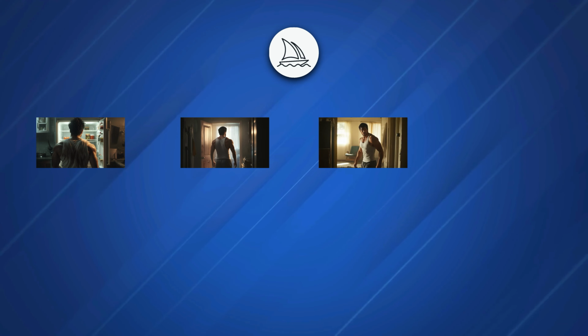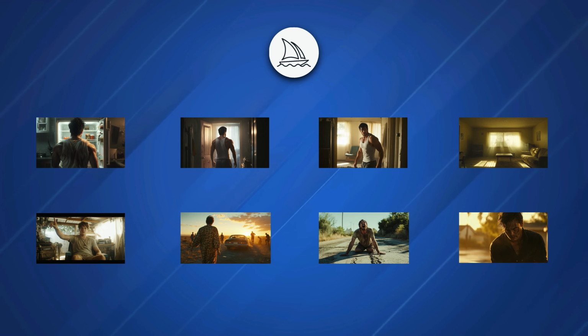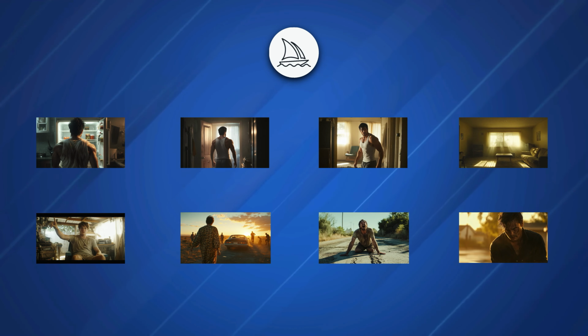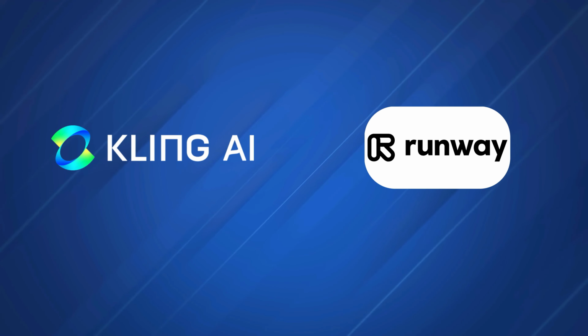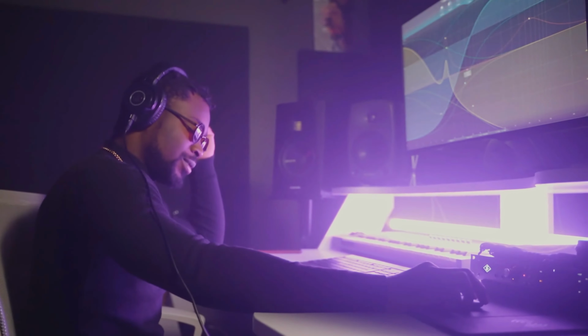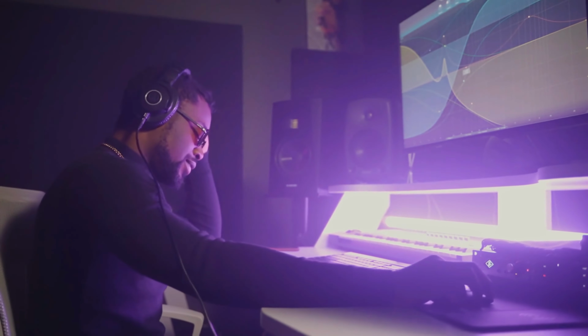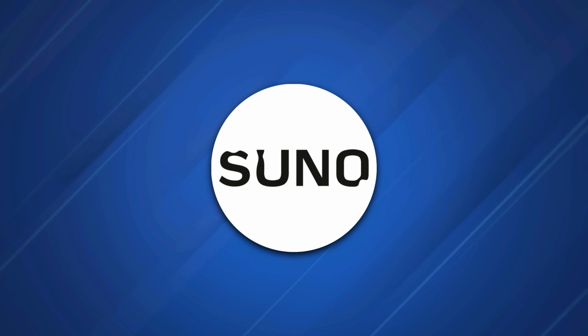First, I used Midjourney to create storyboard shots with a consistent style. For some of the key scenes, I had to manually edit the images to make them work. To animate these storyboard visuals, I used both Runway and Kling. The soundtrack was another big focus, since the music is so important for a dramatic trailer. I used Suno to generate the music.